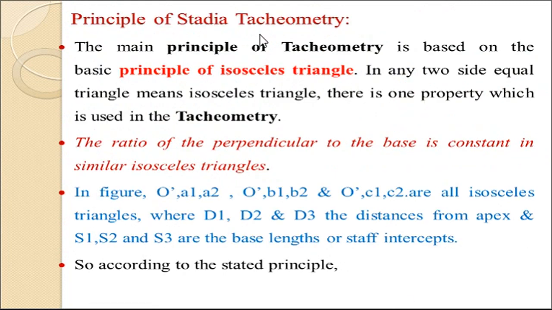Now, what is the principle followed in the tachymeter? We have seen the principles for specific instruments and specific surveys. Here the main principle is based on the principle of isosceles triangles, in any two-side-equal triangle, that is an isosceles triangle, and there is one